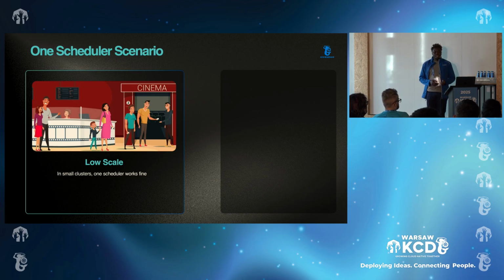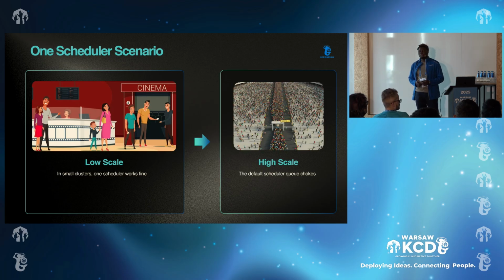Now, let us look at it from the perspective where you have a high-scaled environment. What happens in this scenario? Considering that you have a lot of jobs, or let me say a lot of workload that is to be deployed, the default scheduling queue gets choked. Why? Because